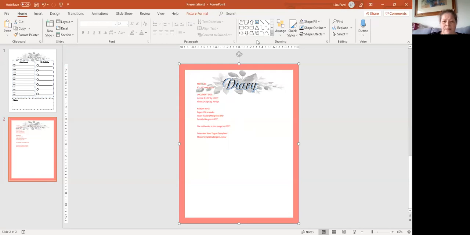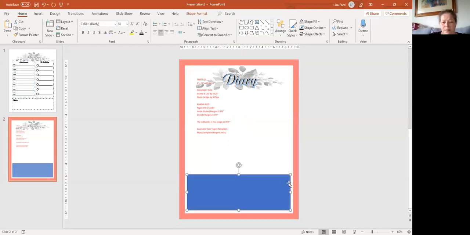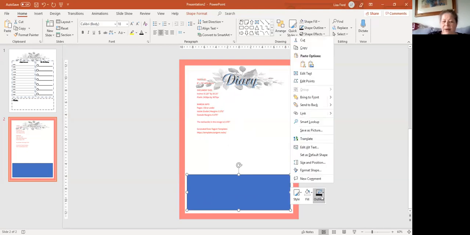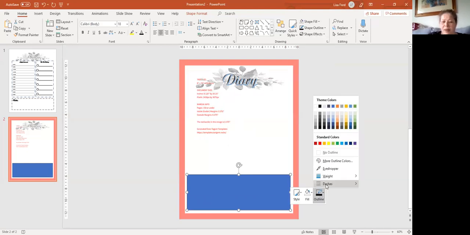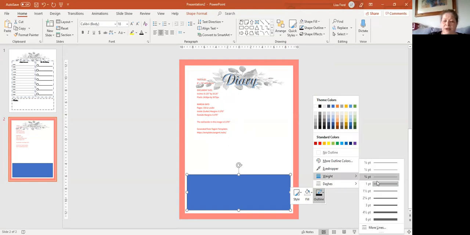When you're doing it. So the first thing I'm going to do is pick the marquee tool to create my bottom box. Right click on it to change the outline. Now this is where it gets interesting, because whilst I showed you in the last video that you can change the weight of the box, the darkness of the outline,